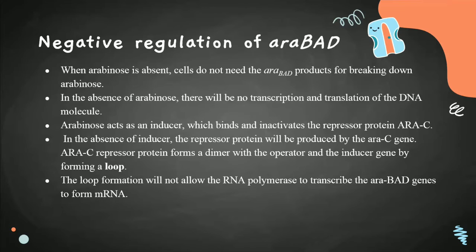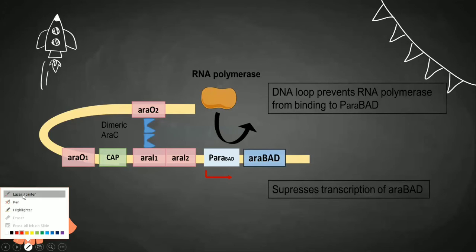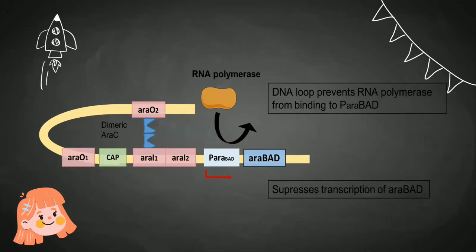Coming to the negative regulation. The main role of your Arabinose operon involves the breakdown of arabinose. So when there is no arabinose present in the bacterial system, there is no need of switching on your Arabinose operon. Negative regulation should happen so that there is no formation of the structural gene products. So basically, in the absence of an inducer, that is in the absence of arabinose,